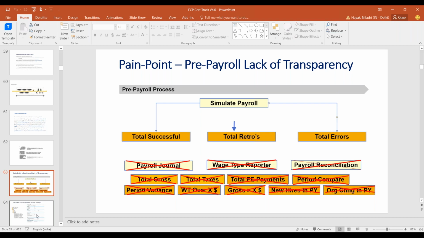So what was the pain point in the pre-payroll process when we used to use the standard on-premise payroll? I'm just giving a light on this. In the earlier pre-payroll, you have a lot of checkpoints, like payroll journals. You have to download a wage type reporter, as I was saying. What is the total number of new hires who have joined? These are different processes you have to follow in the earlier payroll cycle in the on-premise days, but